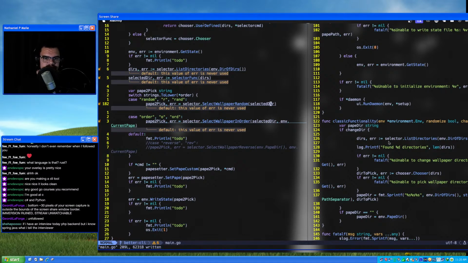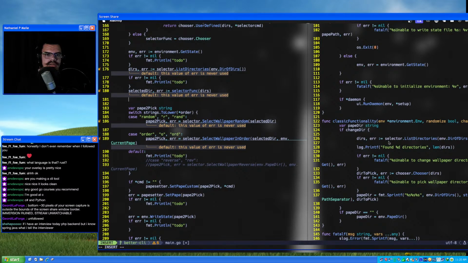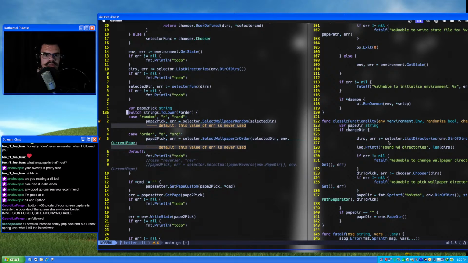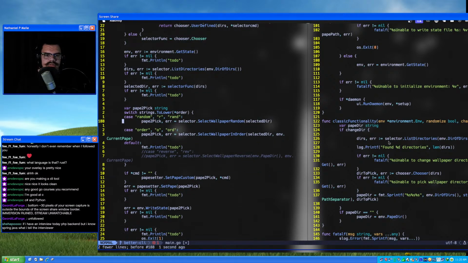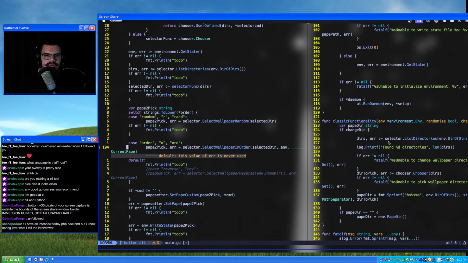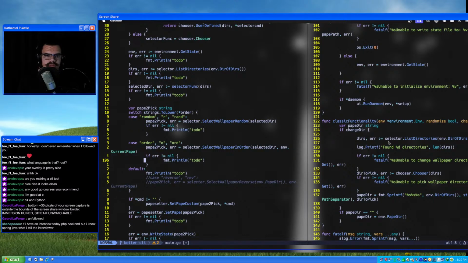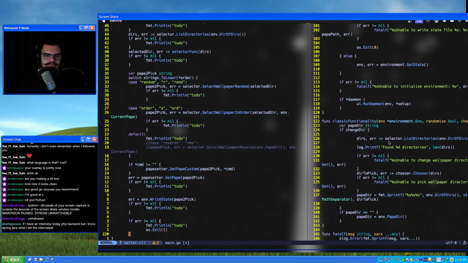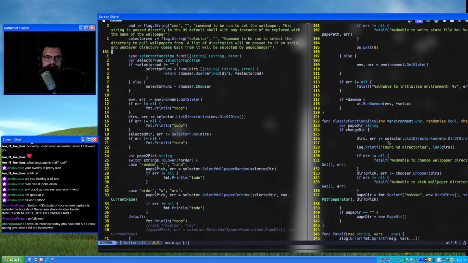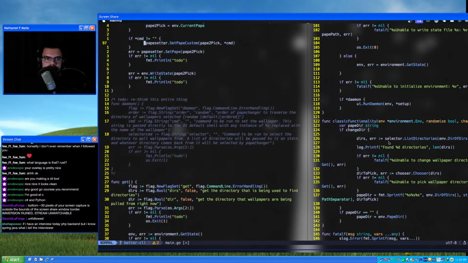This value is never used. Who cares? We'll just yoink this stuff over here. Oops. And then we'll probably want to do the same thing up higher where I copied it from.